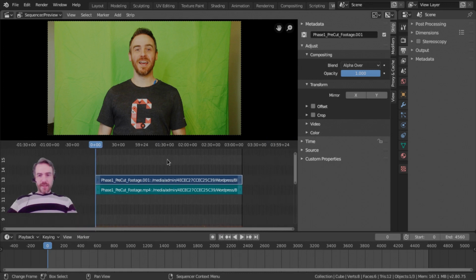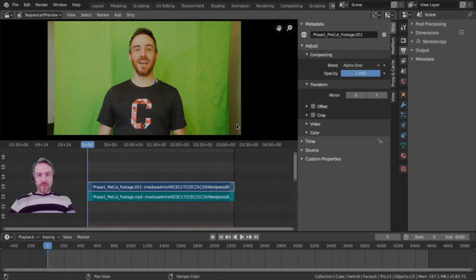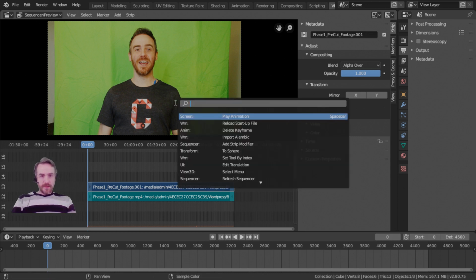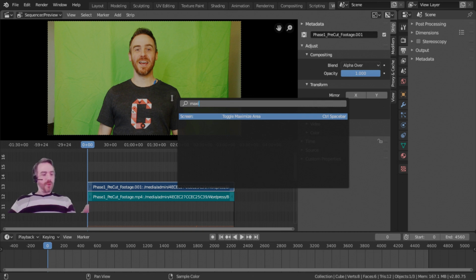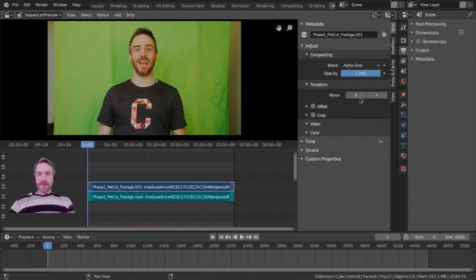Okay, so let's get into some editing here. So I'm going to, let's see, Shift Spacebar. Okay, that doesn't work. So how do I maximize this area? Maximize area, Control Spacebar. Okay, so it's Control Spacebar instead of Shift Spacebar. Okay, there we go. And basically what that does is I've got three areas, this area, and this area down